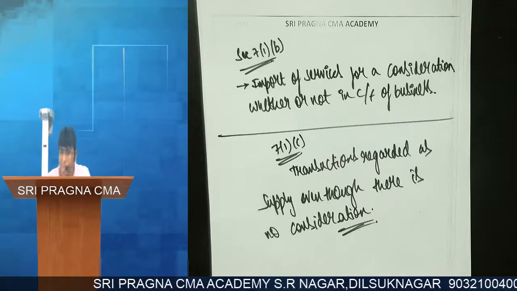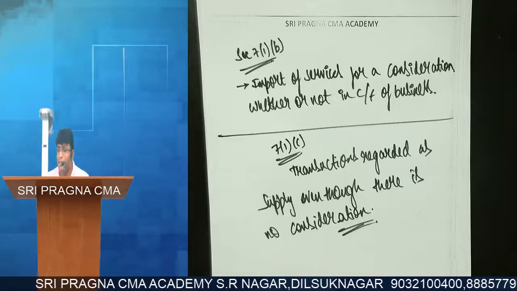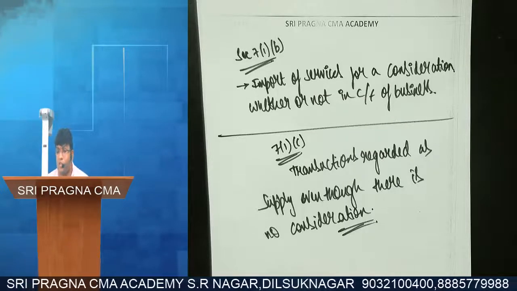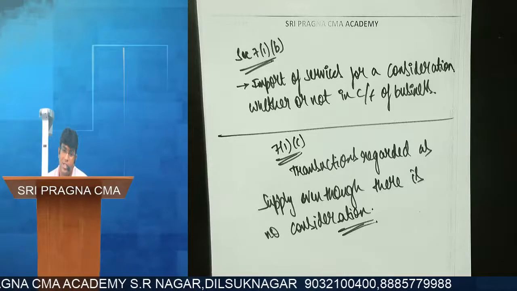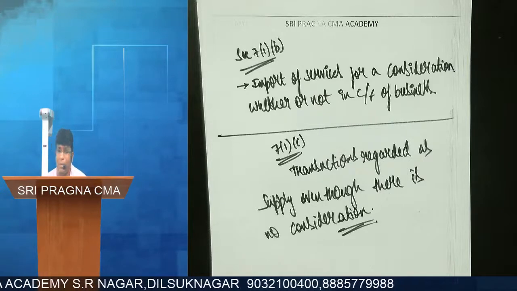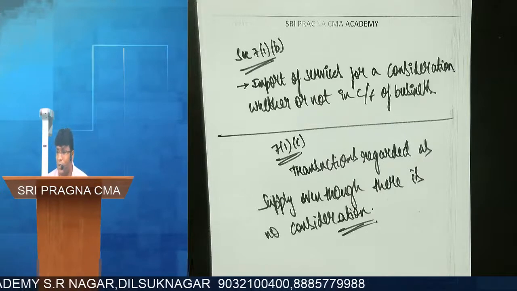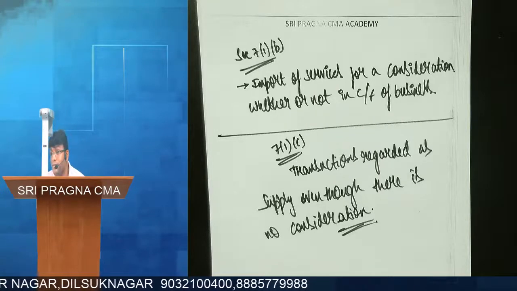That's it, I'll stop here. Balance we will take tomorrow. In the next discussion we'll complete this 7.1c, and we'll also discuss a lot of questions on supply. Very, very important, and almost every time a question comes in the exam on supply. Of course, we'll also talk about composite supply and mixed supply. Lot more points are there to talk about, but a question will come for sure. Clear, no? Thank you.